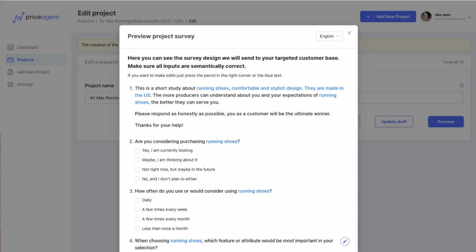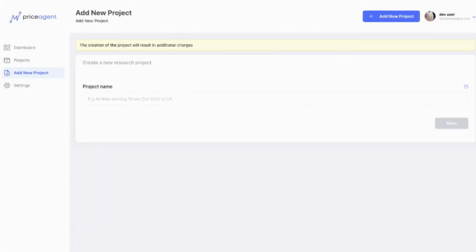design. But all the questions that we will ask the respondents, who will then measure the willingness to pay for your product or service. But we start off by naming the project name. And this is just for internal purposes so that you can easily navigate and know what it is that you are measuring. For example, if you do something for an autumn launch or in a particular market, I recommend writing